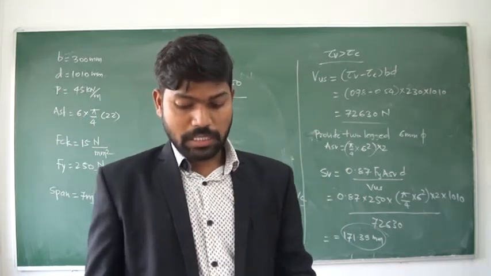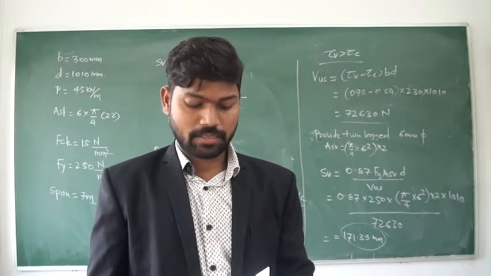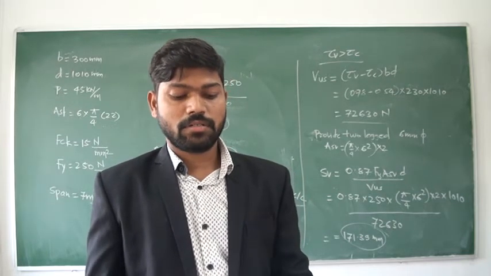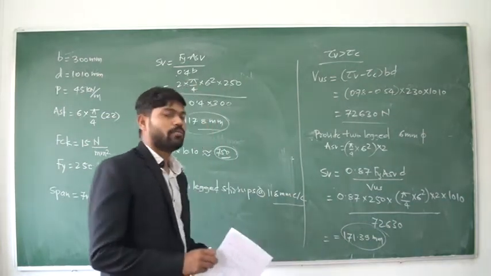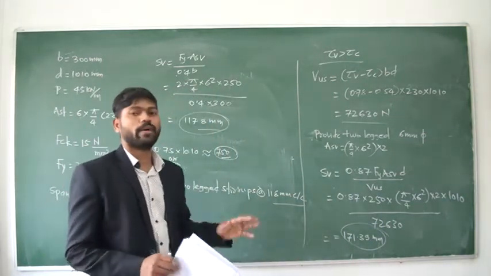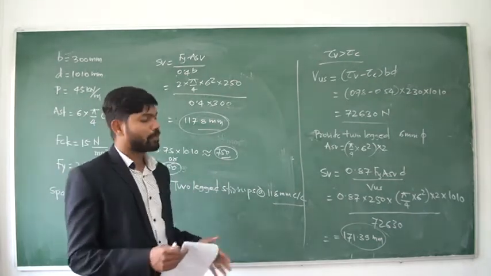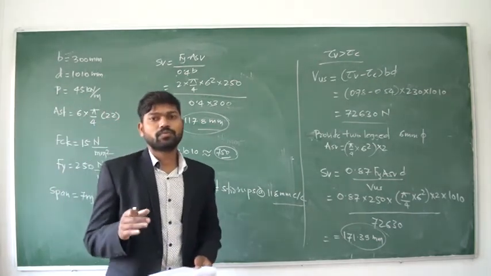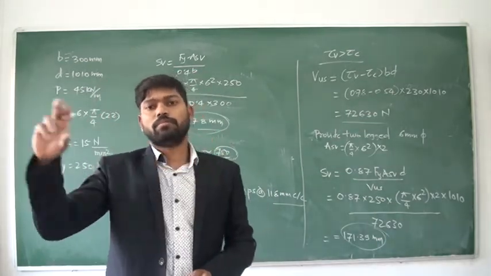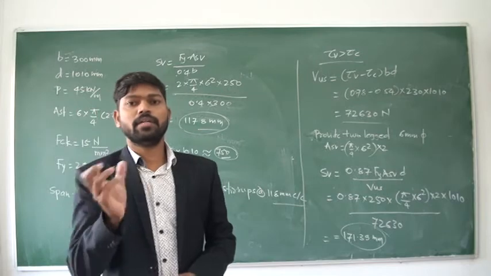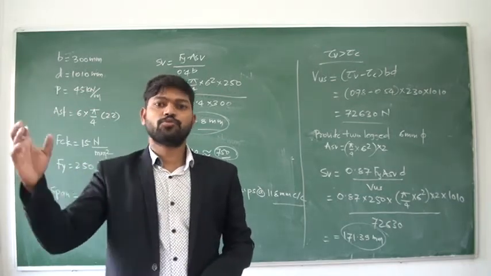Now there is one more part, that is the zoning part. For this particular beam, say this 118, we will say that you have to provide this 118 across the whole length of the beam. But suppose when you have to achieve economy, in that case you have to divide the entire beam into different zones. And according to the variation in shear force, you have to provide the